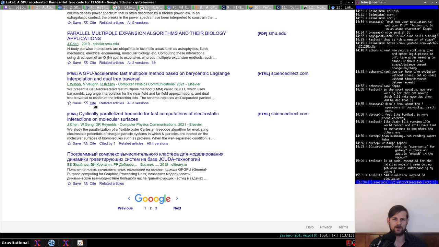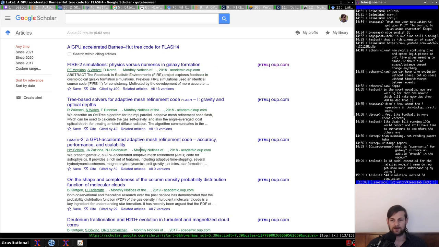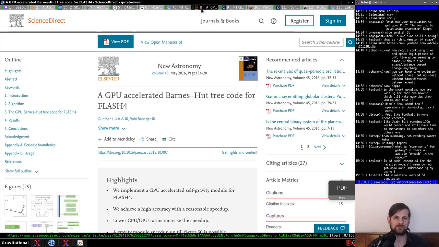Cyclically parallelized tree code for fast computations of electrostatic interactions on multiple molecular surfaces. Something in Russian. What else do we have here? Again, further Russian papers. Okay, you know you're deep when you get into the Russian papers. Okay, so let's go through the abstracts of the papers we just pulled up and see if we have